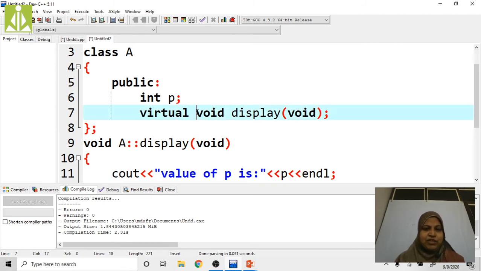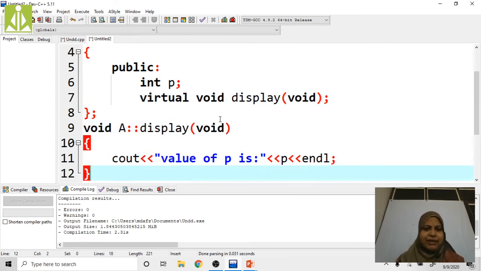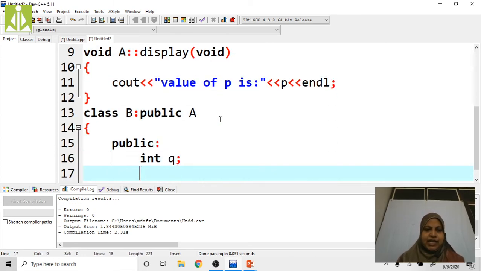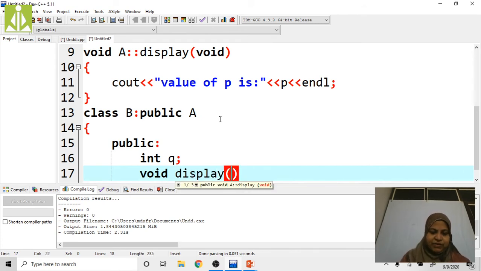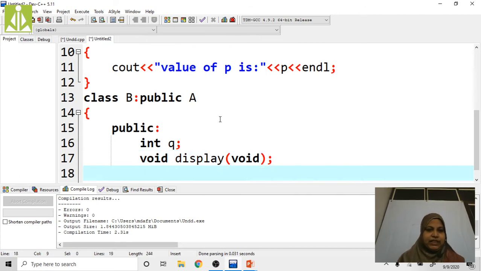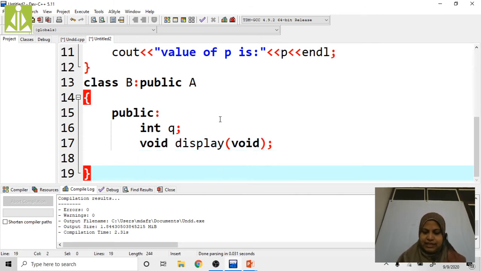Here also I am going to use the same method name, void display. Here in the derived class we are not going to use the virtual keyword, right? Next, the class definition is completed.